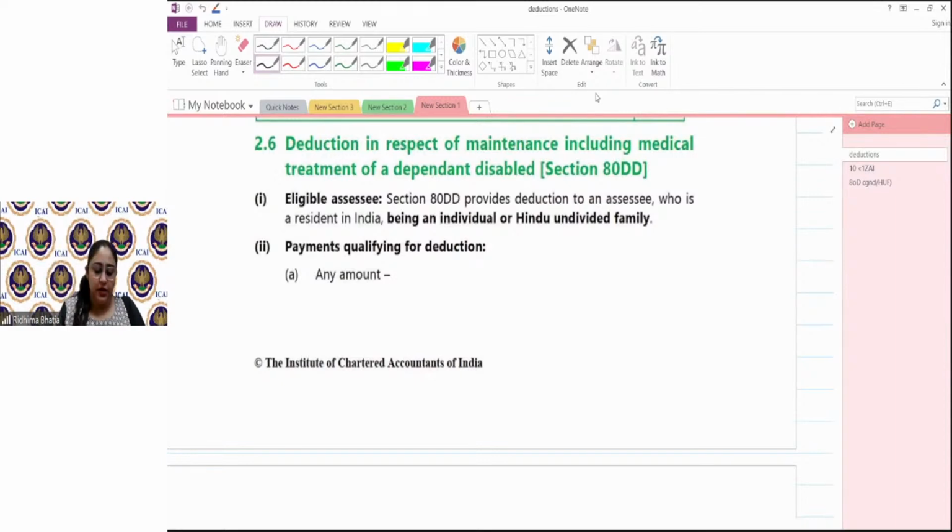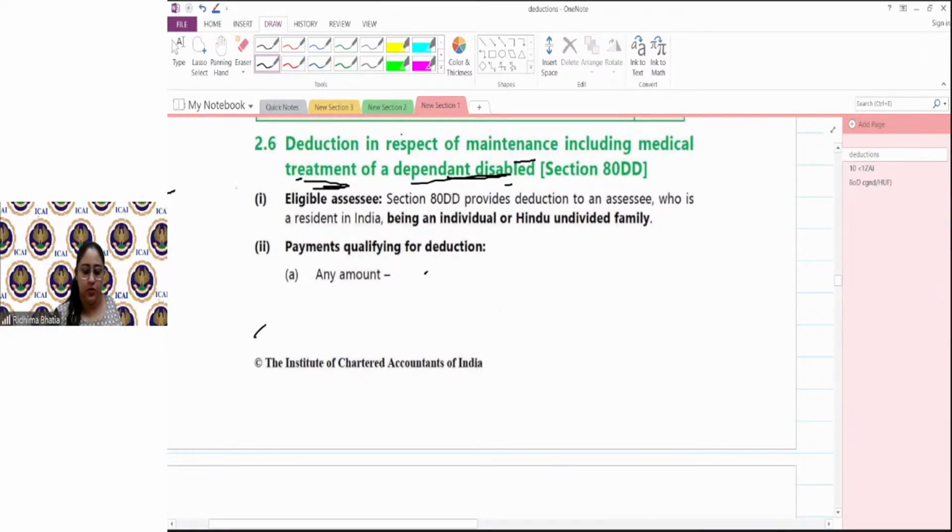So next, my friend, is the section on deduction in respect of maintenance, including medical treatment of dependent disabled. So I am happy focusing on the word maintenance and medical treatment of dependent disabled. So here, before we proceed to what 80DD is, let's first discuss